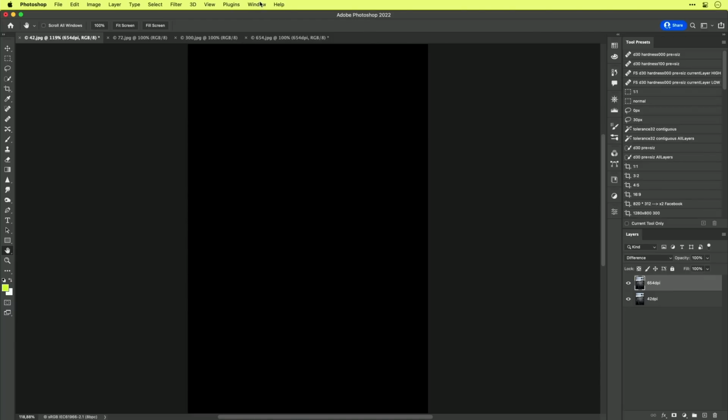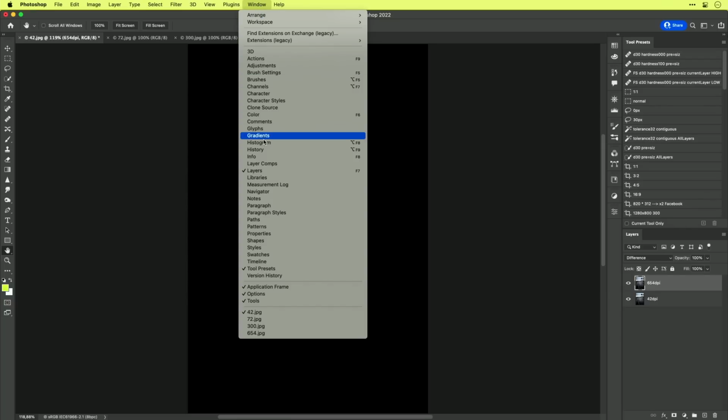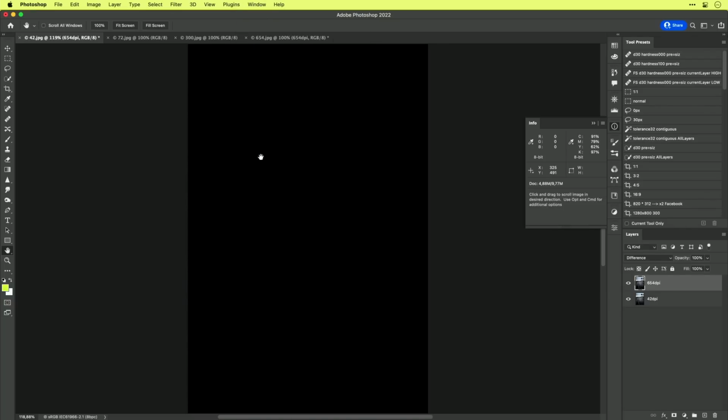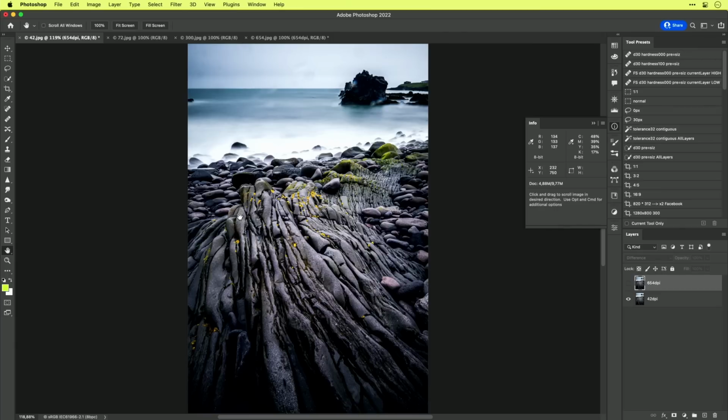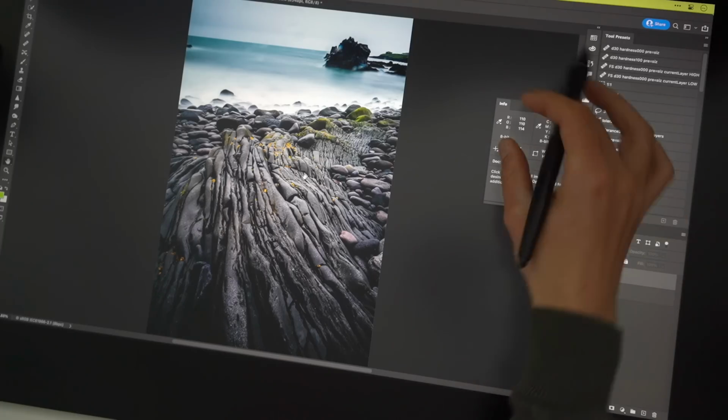And to be 100% sure, I will open the info palette, and here you see the values. And when I now go over the image, on every point, regardless where I am, you see the RGB values are 0. So just to double check, I will hide the topmost layer, and there I see the different RGB values over here.